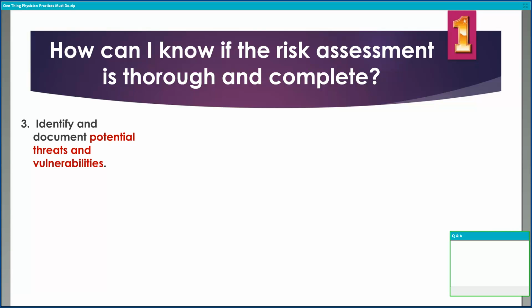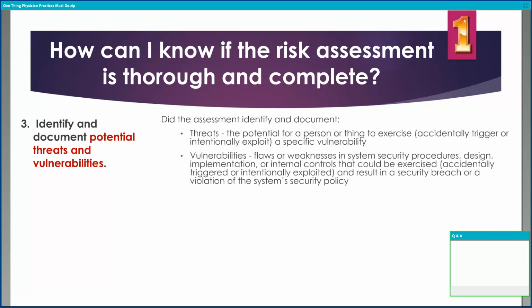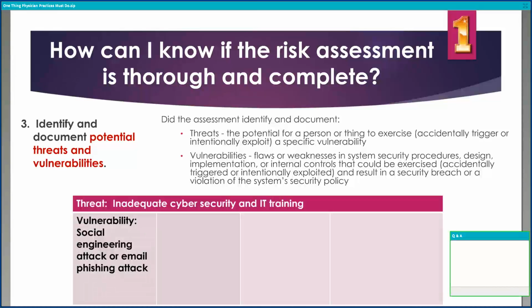So the third step is to identify and document potential threats and vulnerabilities. Did the assessment identify and document threats, which are the potential for a person or thing to exercise, either accidentally or intentionally, a specific vulnerability? These are often ranked as natural, human, or environmental, as opposed to